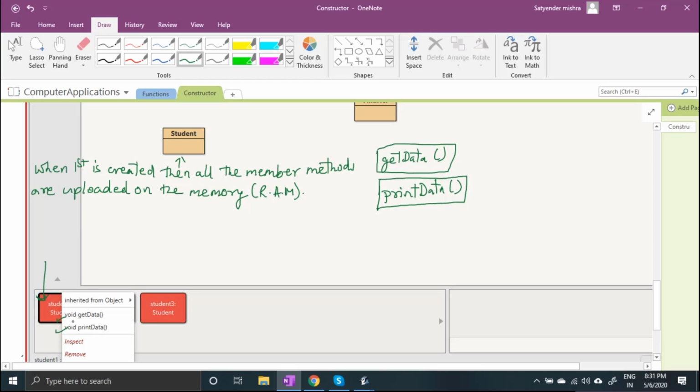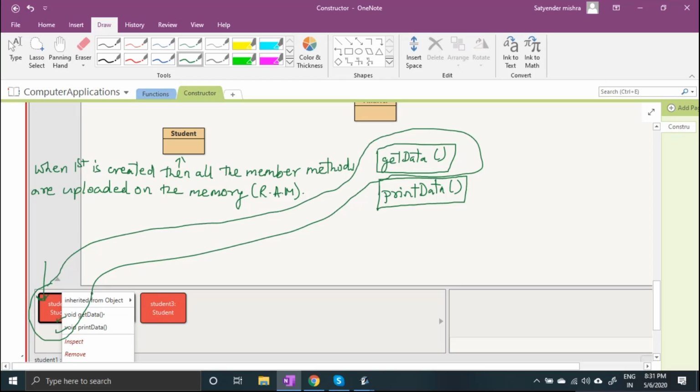So when you are calling get data with the first instance, what will happen? This instance occupies the code of get data and executes it. When the get data code is over, its job is over, the connection is detached.